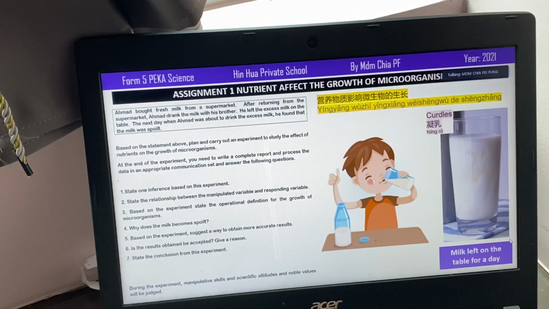Now let us go thoroughly through the question first. 我们先来看，老师读，你们一起去明白它的 situation 是怎么样先。Now Ahmad bought fresh milk from the supermarket. After returning from the supermarket, Ahmad drank the milk with his brother. Then he left the excess milk on the table. The next day, when Ahmad was about to drink the excess milk, he found that the milk was spoiled. Okay, 下次老师 minimize 这个下来，有东西挡着老师的 screen. Okay, so from that situation 你们明白了 Ahmad 买了一瓶鲜奶，然后给弟弟喝。之后呢，剩下的奶在杯里，他就放在桌面。隔了1天，他发现到奶就坏了。So how do you know